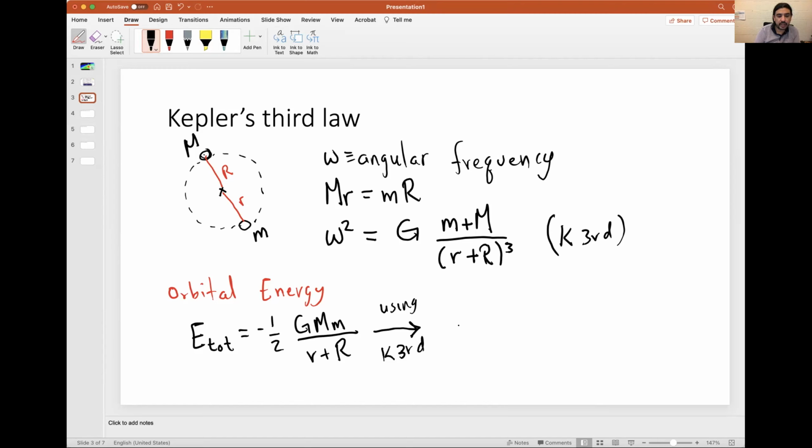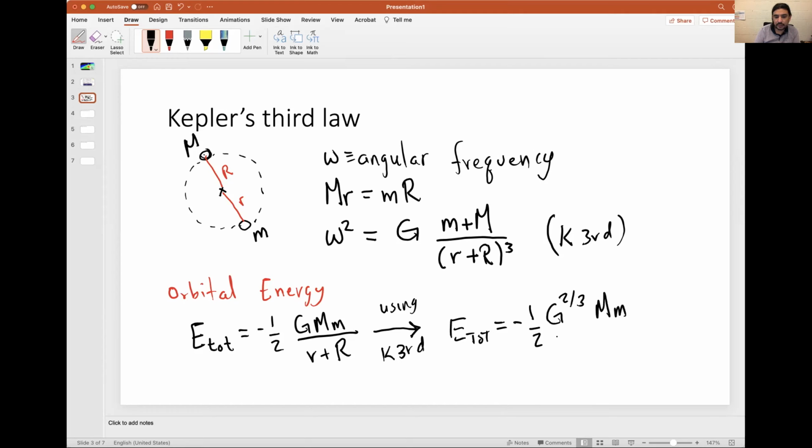Using Kepler's third law, I can get that the total energy of the two objects orbiting stays the same, but now since there's a G over here, and I'm going to take this equation over here and fit it down here, some things get modified, and we have 2/3 G,